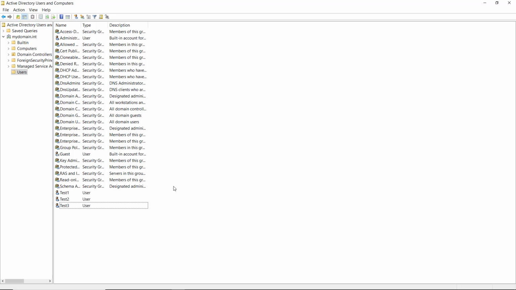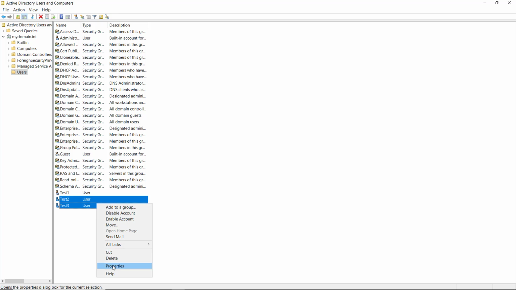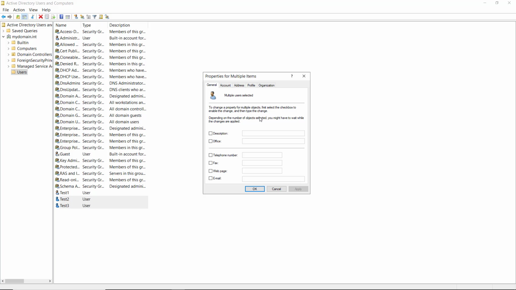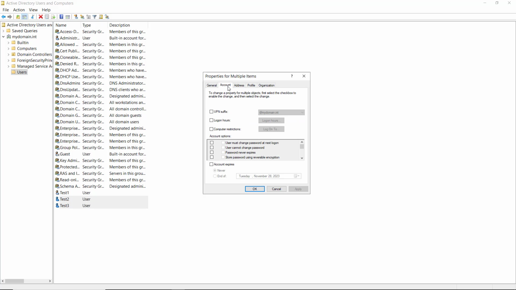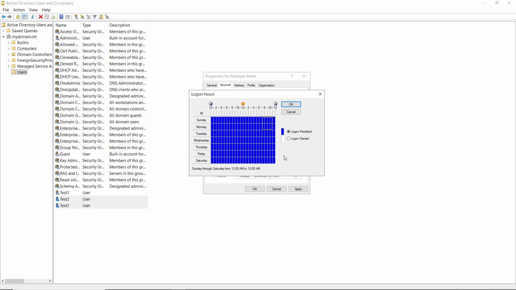I've created two new users, Test2 and Test3, and notice how I can select multiple users all at once just by holding down the Shift key, right-clicking, and then choosing Properties. Now what it's going to do is allow me to change the properties of both users for certain fields, and one of those fields is going to be the logon hours. You can see it looks a little bit different than when you select a single user, but it still works the same way. So now I can select the time frame and once again choose Logon Denied, click OK,